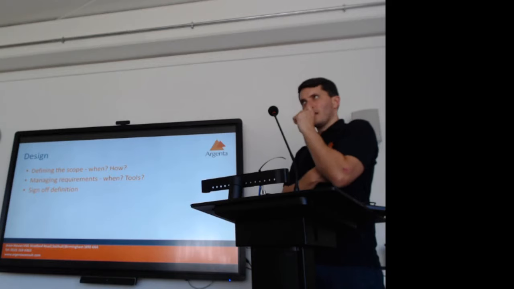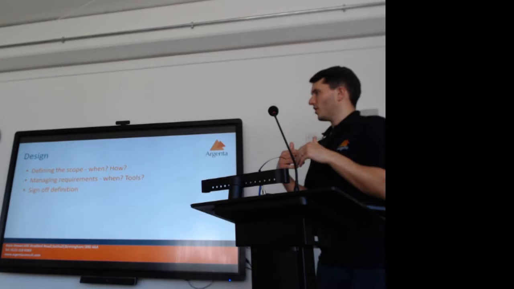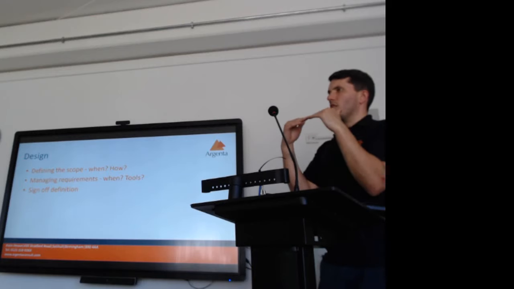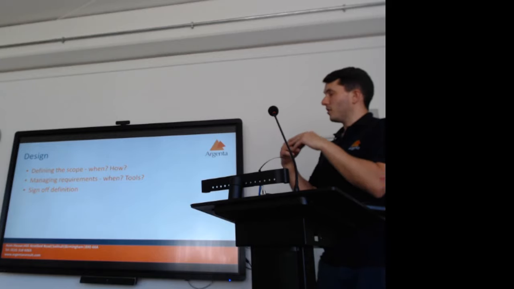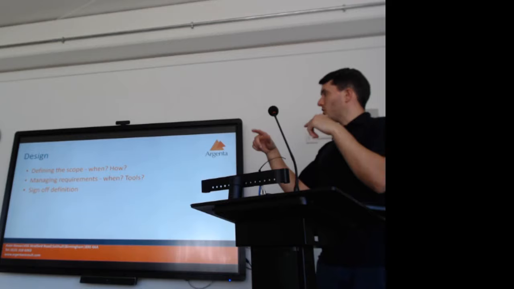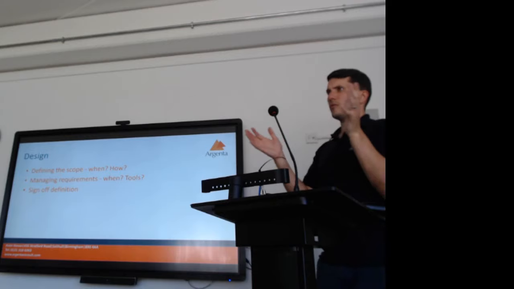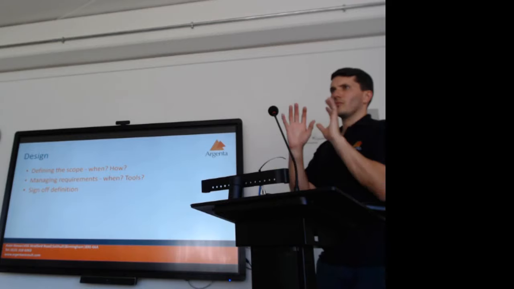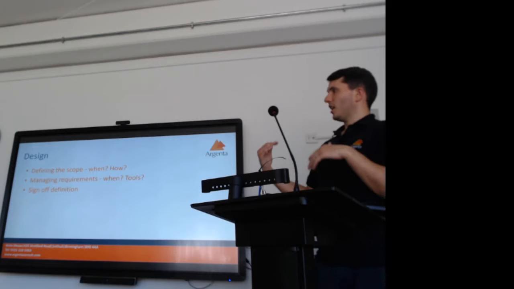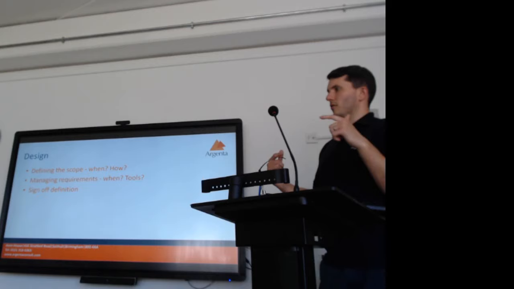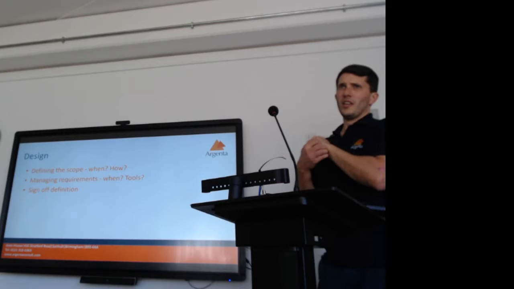So I think there's probably two levels to design. One is system design, which is what the customer wants to know is going to happen, and then there's software design that comes after in the way that we work. We sign off on the customer requirements, and that's the functional spec, if you like, that defines what the tool's going to do, and then it's just a case of working out the design for how the software is going to work, what modules we're going to have, how we're going to interact, all that kind of stuff,